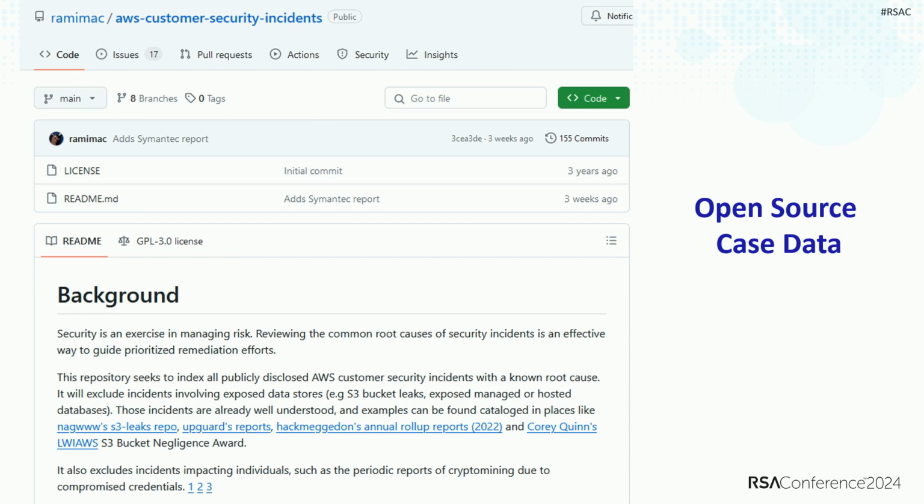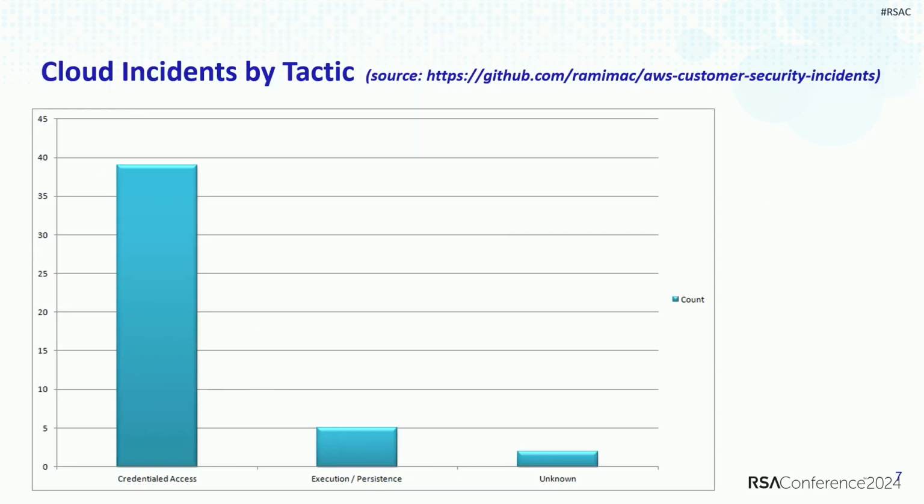The numbers that I'm citing for the makeup and the vectors in these exfiltration cases are coming from this repo, where a researcher gathered and published a lot of data about what's known about some public record incidents. And in the customer reported incidents, if you break them down by tactic, the overwhelming majority of them fall into the category of credentialed access.